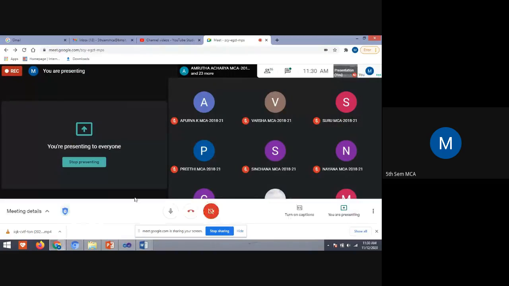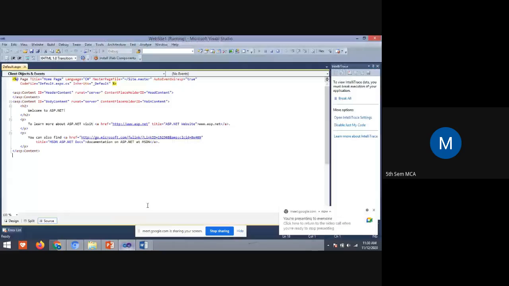So in the beginning I told you that using Visual Studio you can develop Windows applications and web applications. Till now what we have seen is the Windows application or standalone application. When I executed the Part B program, did that program execute in a web page?